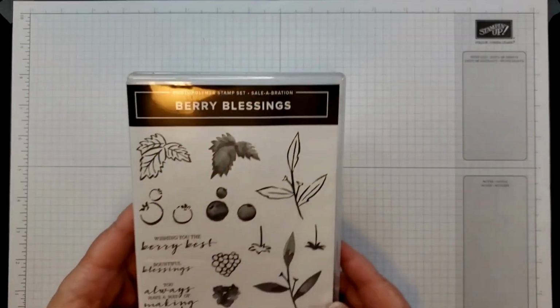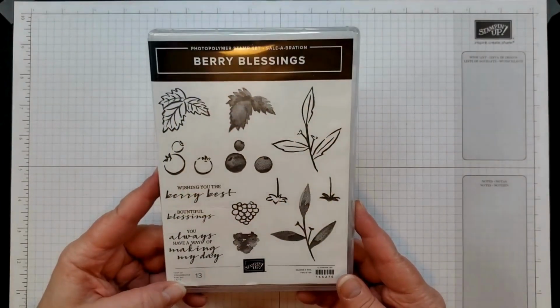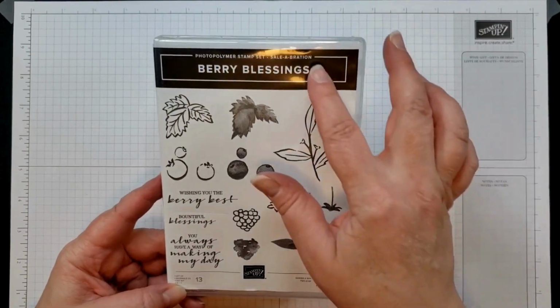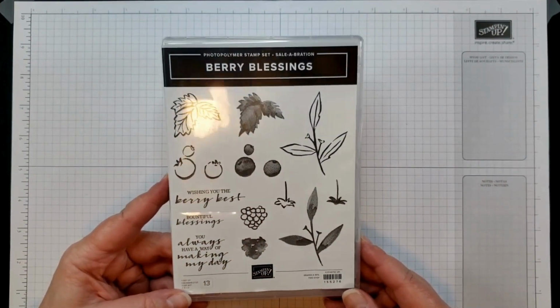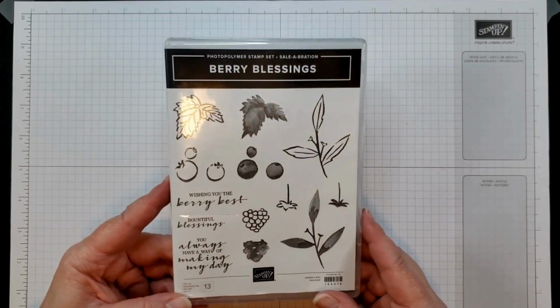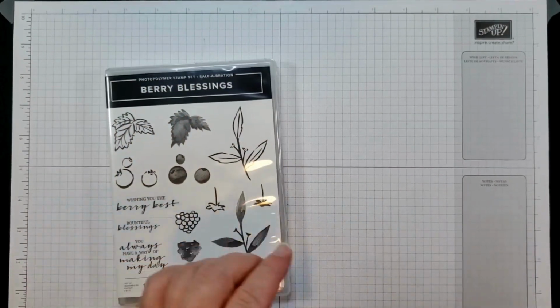So for this episode, I will be featuring the Berry Blessings bundle. This is a photopolymer set. It was also a celebration offering a couple of years ago. Now, bundled with this stamp set was also